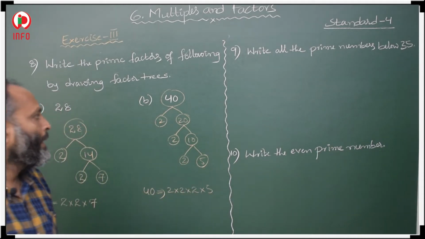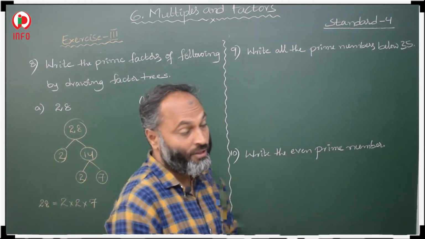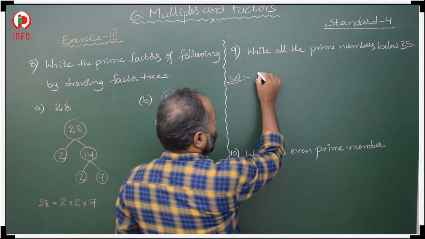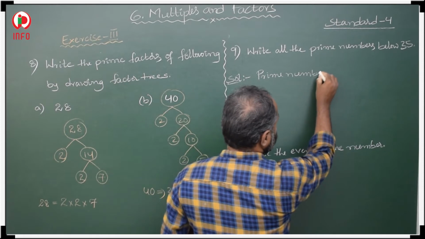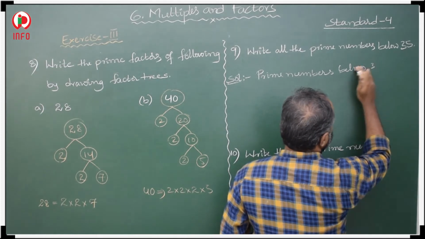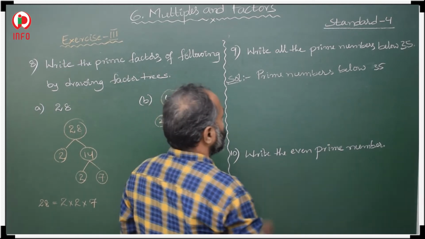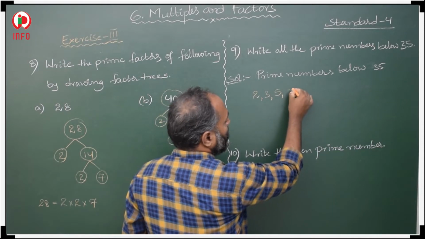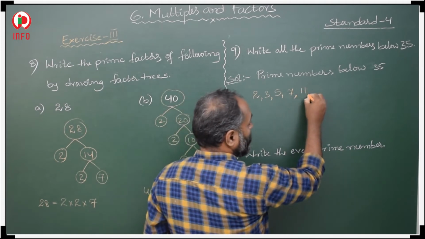Okay. Now after that, write all prime numbers below 35. This you have to remember. So, prime numbers below 35. Two is an even prime number, after that 3 is a prime number, after that 5 is a prime number, after that 7 is a prime number, after that 11 is a prime number, then 13 is a prime